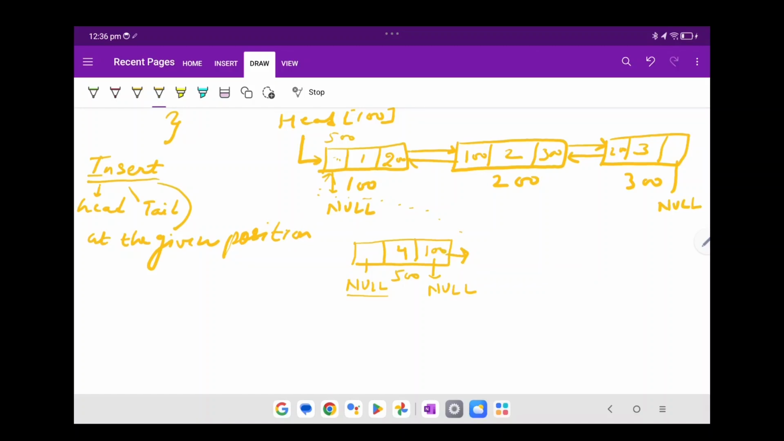This should have 100 here. So let's translate to the statement now. What we are going to do is we just create a new node. Let's say we create a new node with the name new node only, and new node